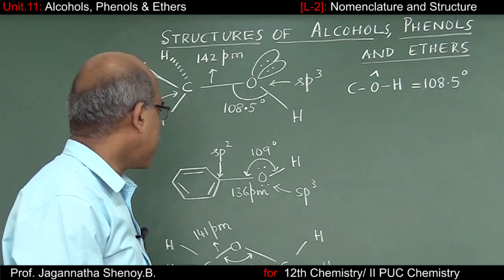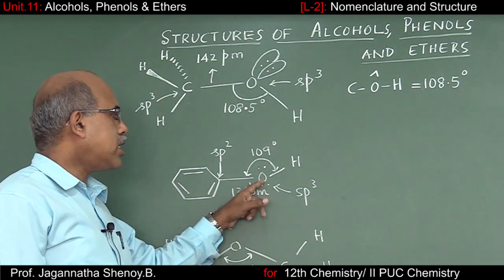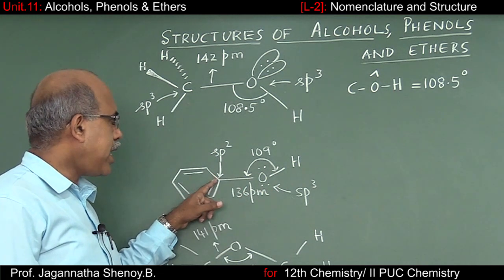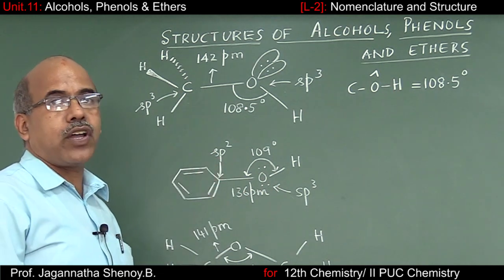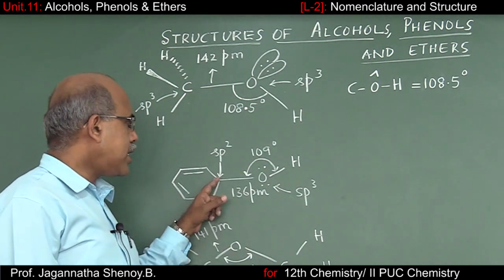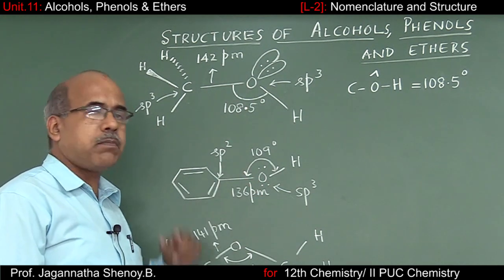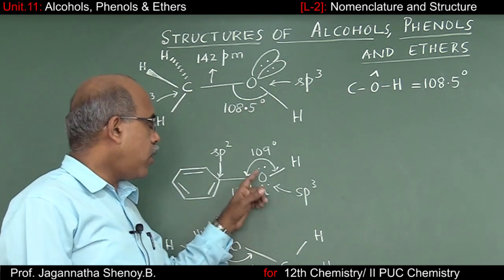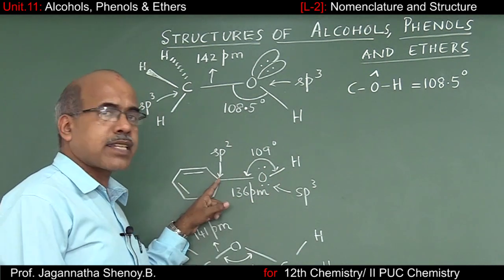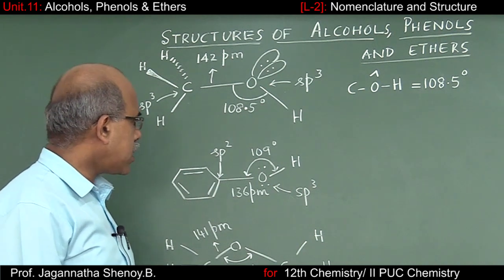Coming to the structure of phenol, here again oxygen atom has undergone sp3 hybridization, whereas the carbon atom of the benzene ring has undergone sp2 hybridization. In other words, if you consider carbon-oxygen sigma bond in this case is formed by head-on overlapping of one of the sp3 hybridized orbital of oxygen with one of the sp2 hybridized orbitals of carbon. The next point is, if you look at